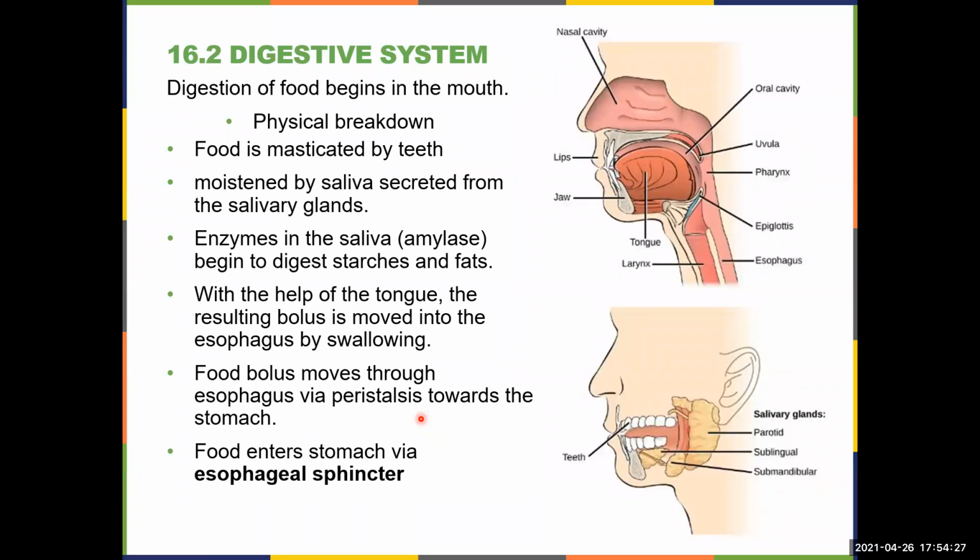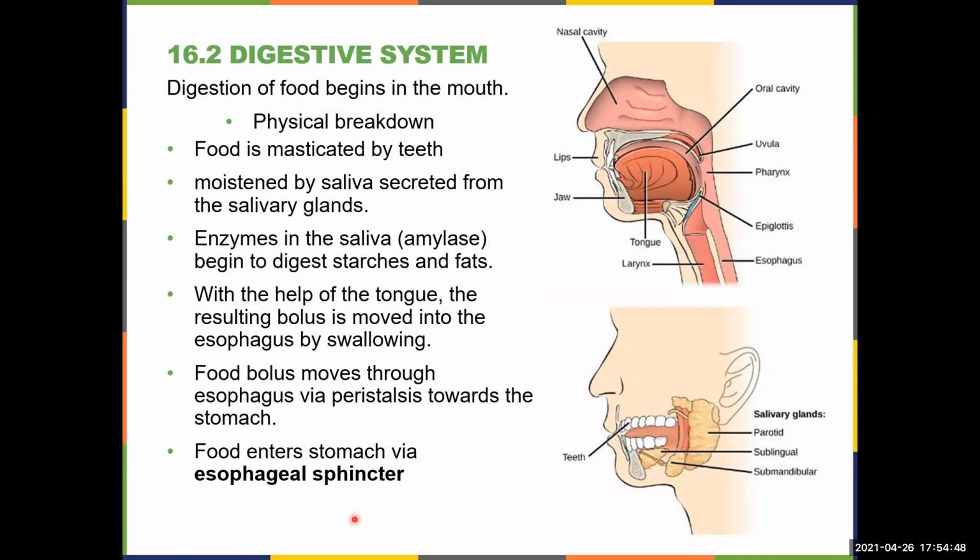You push on the bottom, and that pushes the popsicle out of the top. That's basically what peristalsis is: there will be a contraction behind the food bolus that will push it down towards the stomach. So those contractions will move that food bolus towards the stomach, and then it will have to pass